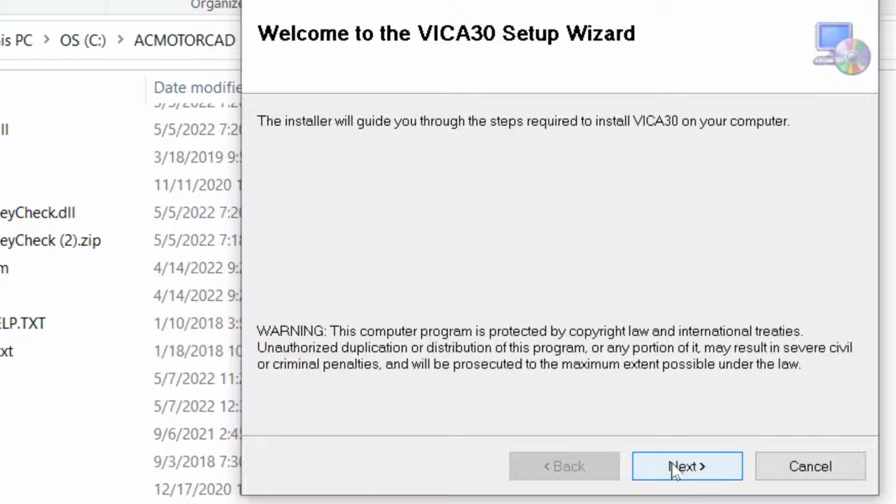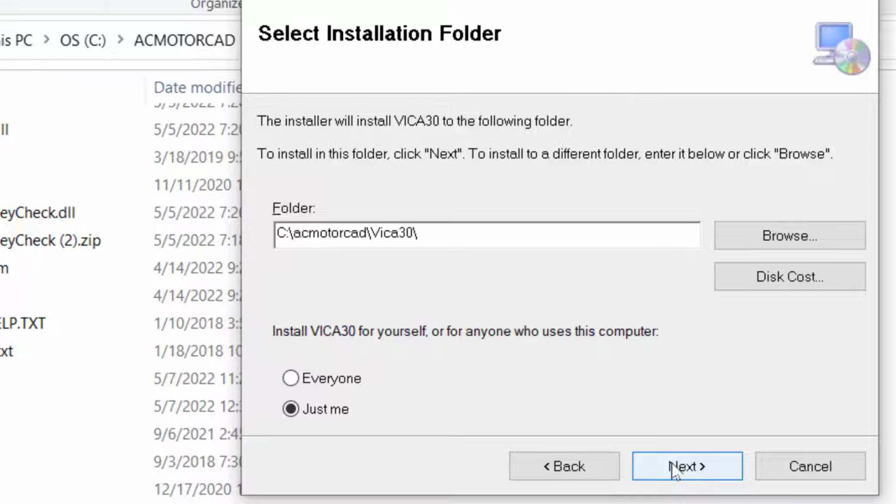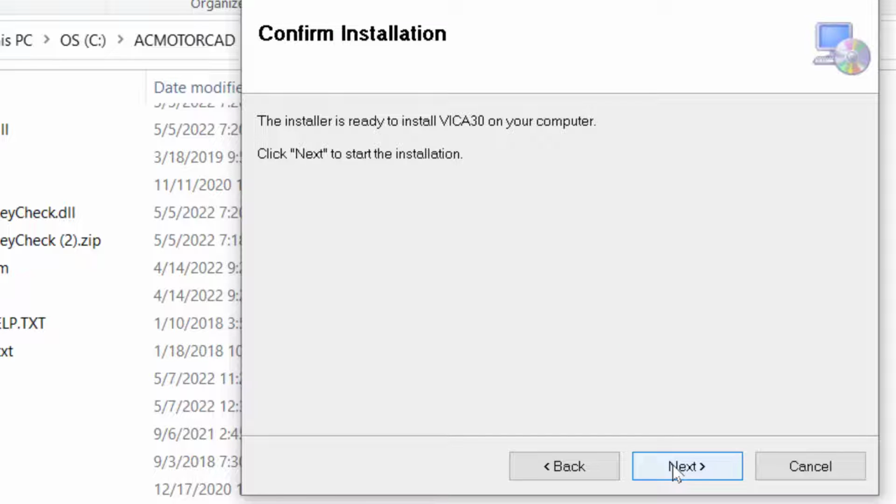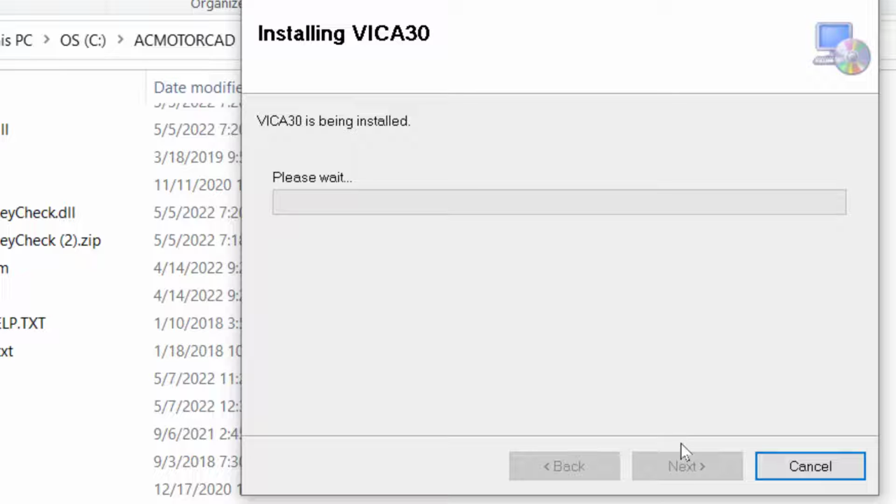welcome to the setup wizard. Okay, that's where I want everything to go, so it'll make a new folder. You wouldn't have one if it's your first installation. So you can do this. And then next, to continue the installation,